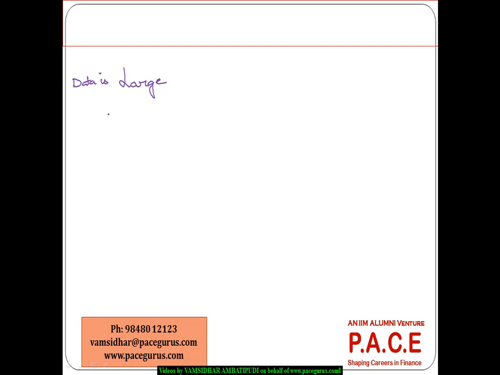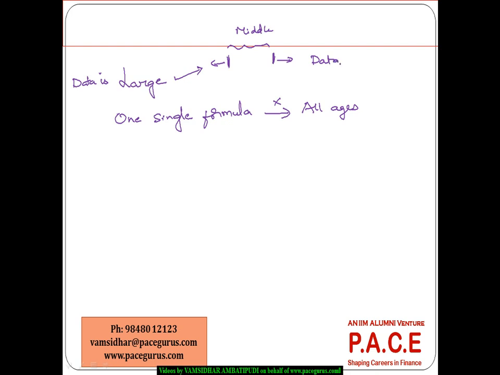And more than that, the problem which people see with the parametric approach is that there may not be one single formula. See, the parametric approach is more to go with a formula, right? So there may not be one single formula which can fit the experience of all ages. Because as we are saying, this mechanism is good if the data is very large. In the real world, what we observe is the experiences are very large in the middle ages. But as we go more towards the extremes on either side, the data becomes very scanty,